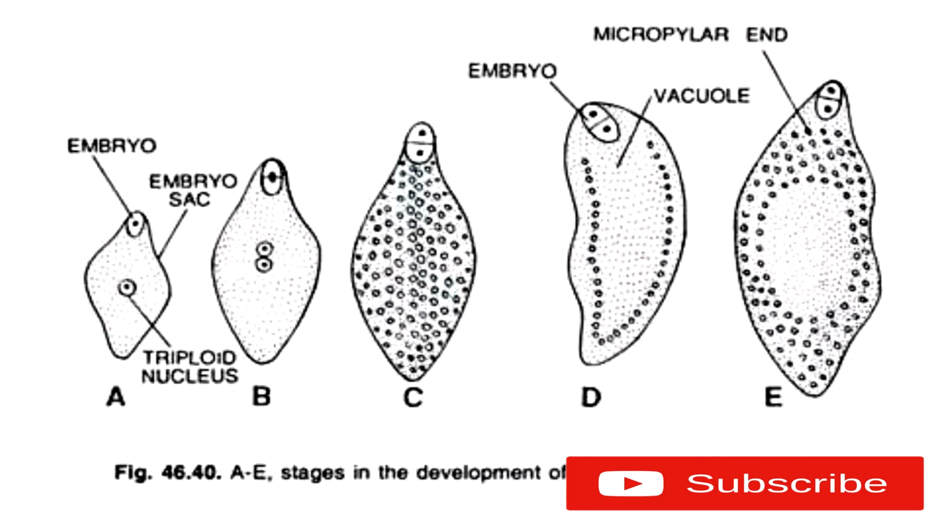So you can see the stages of development of nuclear type of endosperm. First of all, the triploid nucleus in the embryo sac, and you can see that the embryo is diploid, but the triploid nucleus is formed by the fusion of the secondary polar nuclei and the male gamete. After that, that triploid nucleus undergoes several divisions without cell wall.